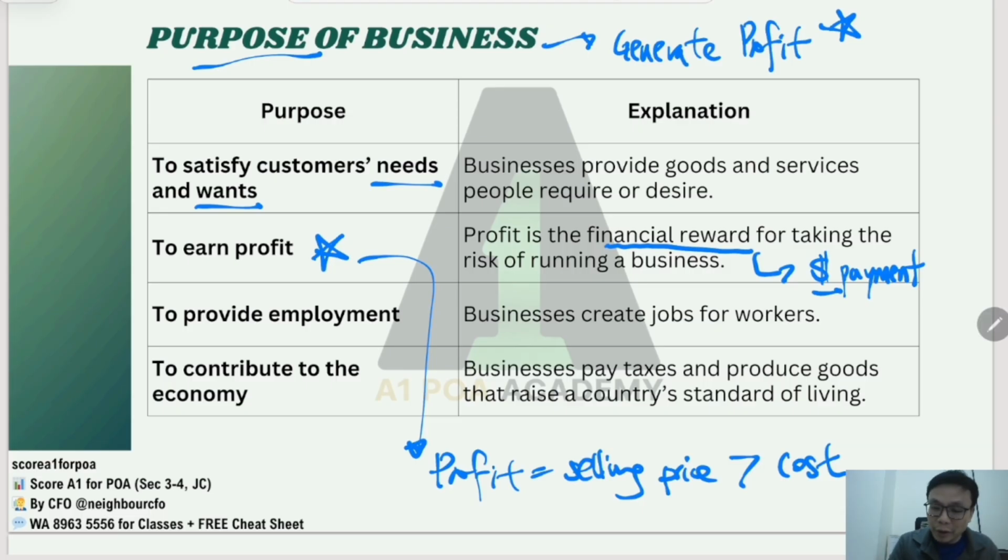So for you to even provide the goods and services to your potential customer or to the buyer, you have to make sure that your goods and services are relevant to them, are appealing to them, right? Now, with all this in mind, we talk about the first purpose, and we also talk about the second purpose.